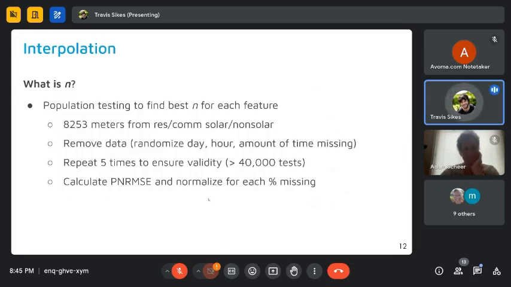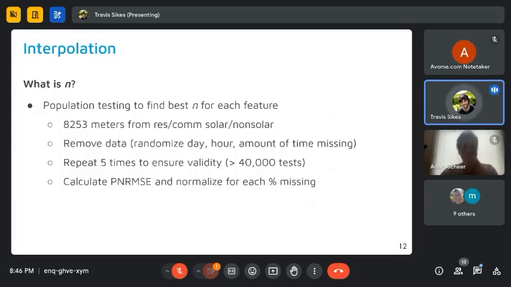How do we find what N is? So we have 8,253 meters from a combination of residential, commercial, solar and non-solar. What we do is, from these 8,253 meters, we randomly pick a day, we randomly pick an hour, and we randomly pick the amount of time missing.